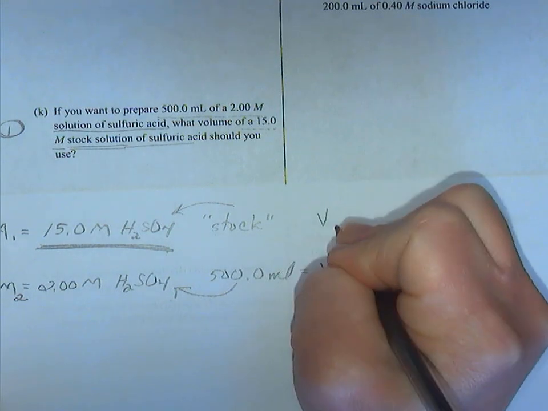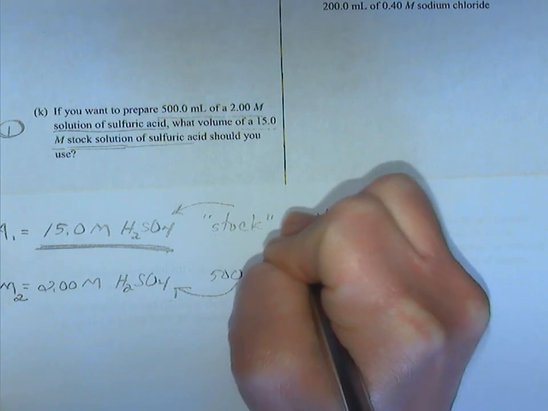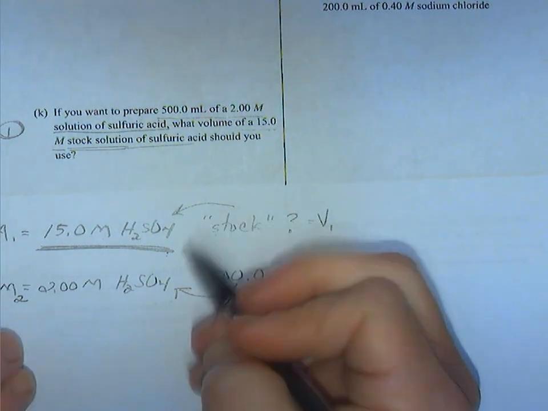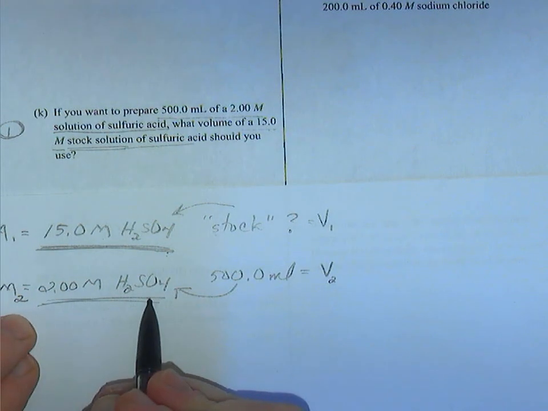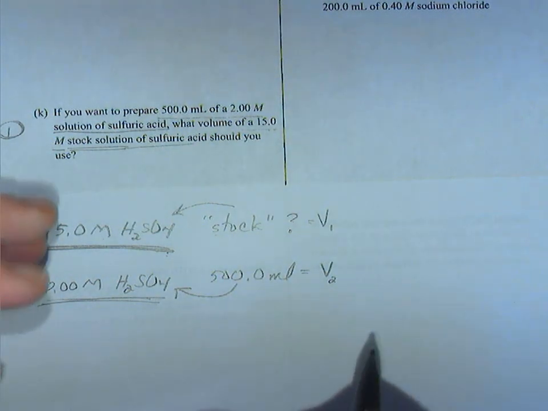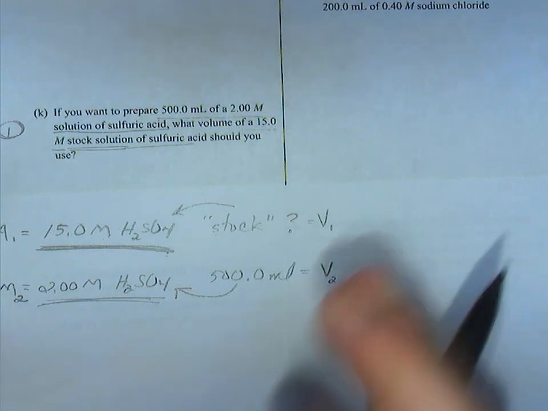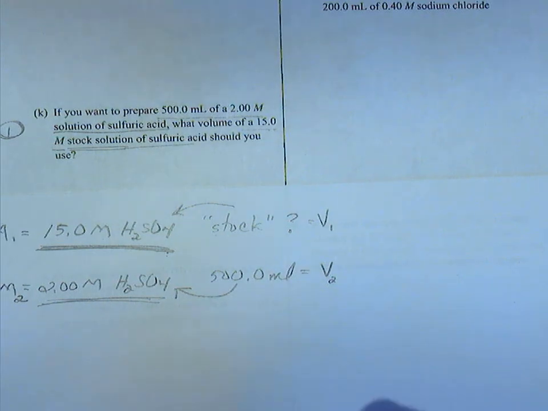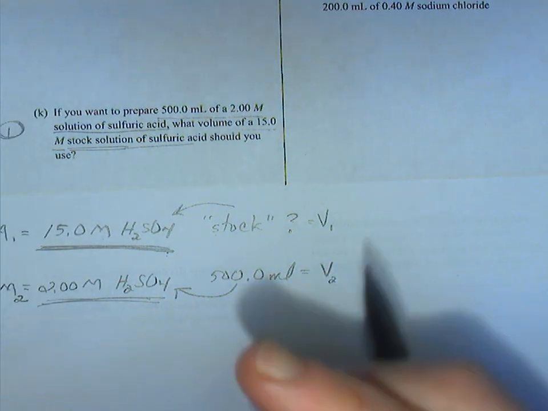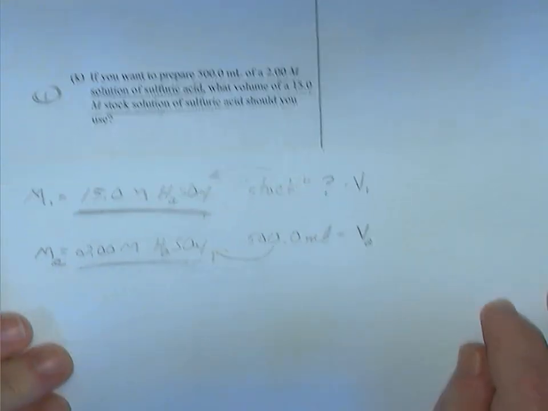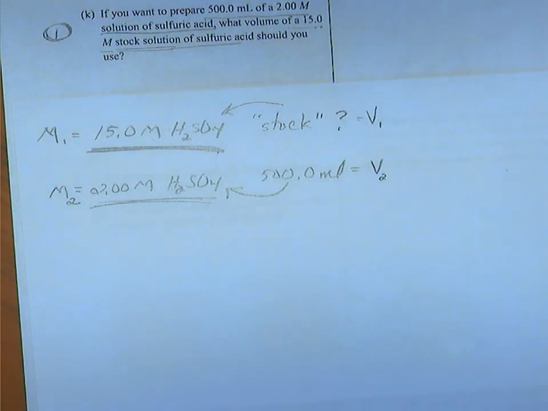So what I need to find is what volume of this do I need to measure out, add water to make a lower concentration. Imagine that you purchase some orange juice in the store and you take a drink, and it's so concentrated, really sweet or just really powerful in its flavor. Well, you can add water to decrease the concentration, or dilute it, and that's what we're doing in this case. So, if we apply M1V1 equals M2V2,